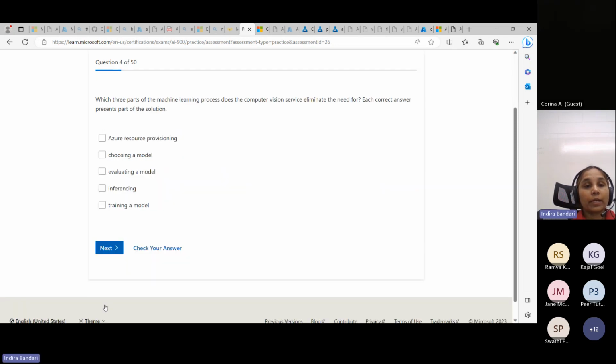Okay, let's go to the next one. Which three parts of the machine learning process does the computer vision service eliminate the need for? Each correct answer presents part of the solution. So because it said three, you need to tick three. So computer vision service eliminates the need for